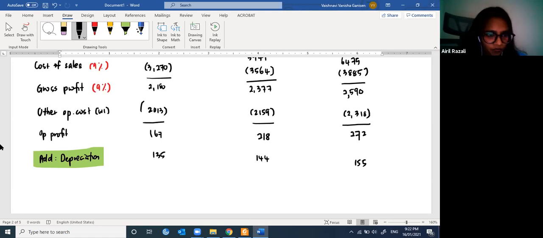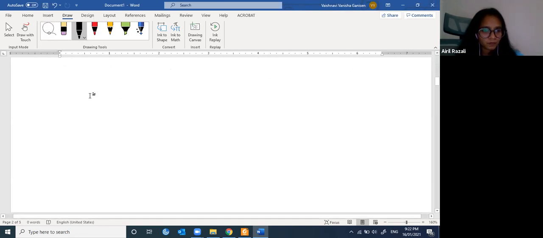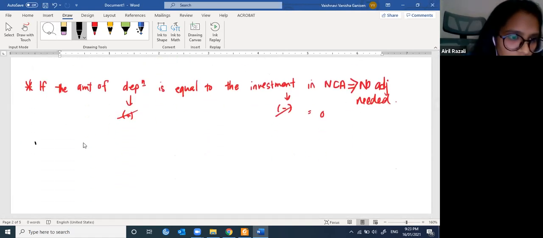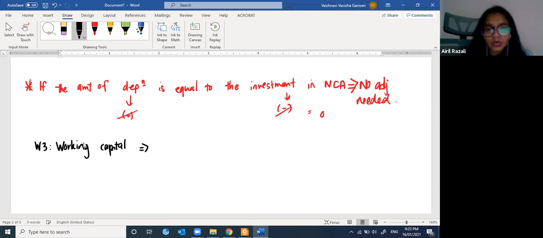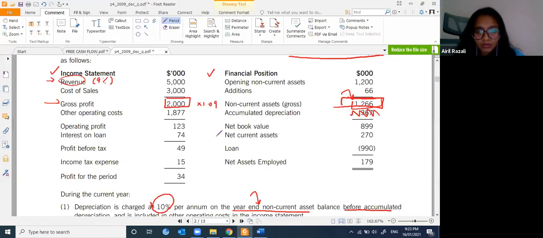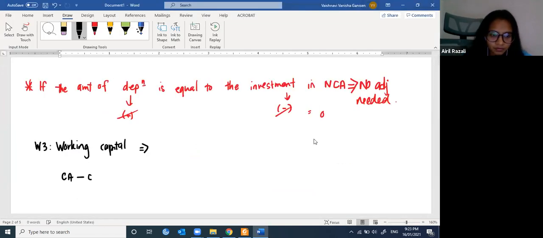So for my changes in working capital, I'm just going to write here working capital changes. So here will be my working number 3, working capital. Now, to find the working capital changes, you first need to know what is the value of your working capital. Here, the examiner has given you net current asset. Net current asset is current asset minus current liability, which equals